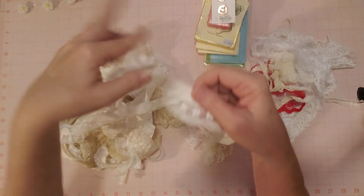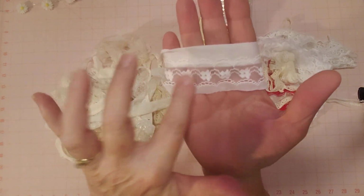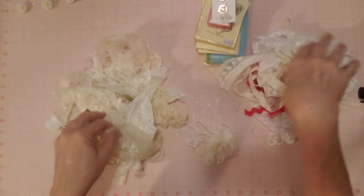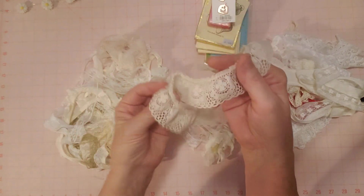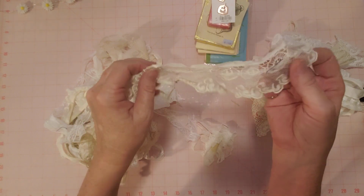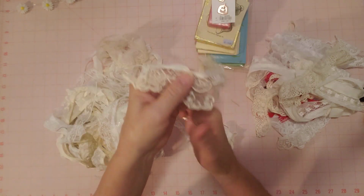Okay, let me see. Oh, this looks like the front. See, there's a scalloped edge right here. See that? Or maybe it was a tie on something, you know, a dress or something, and they cut it off. I don't know. But these are all very usable pieces, and this particular thrift store,